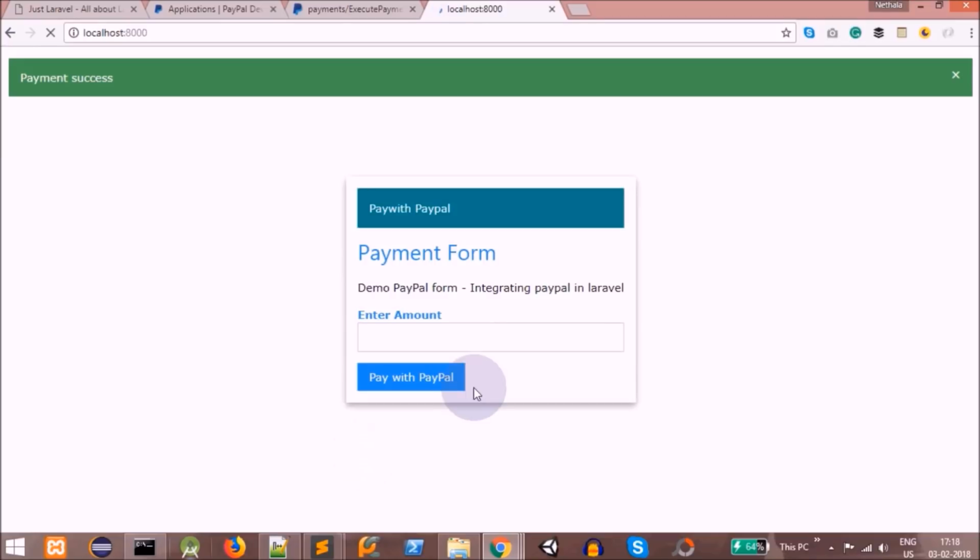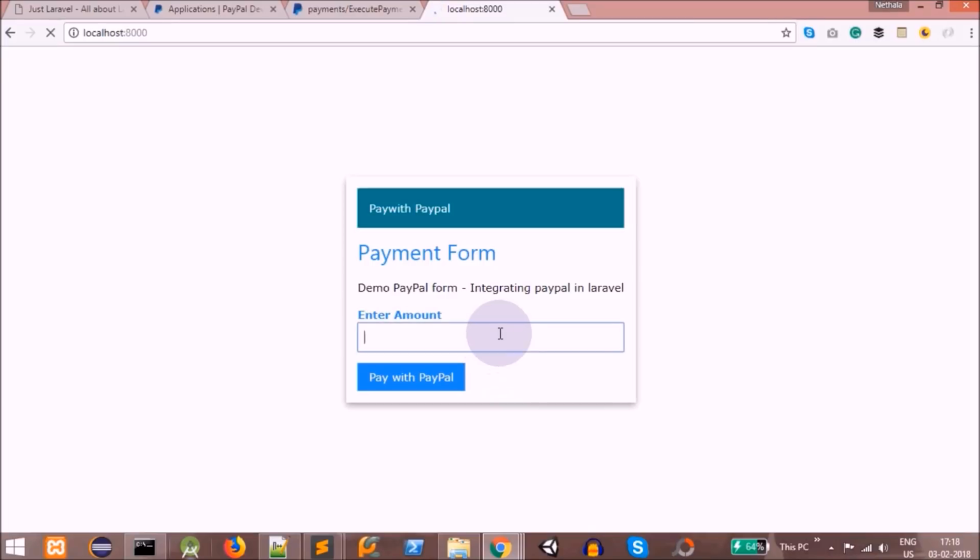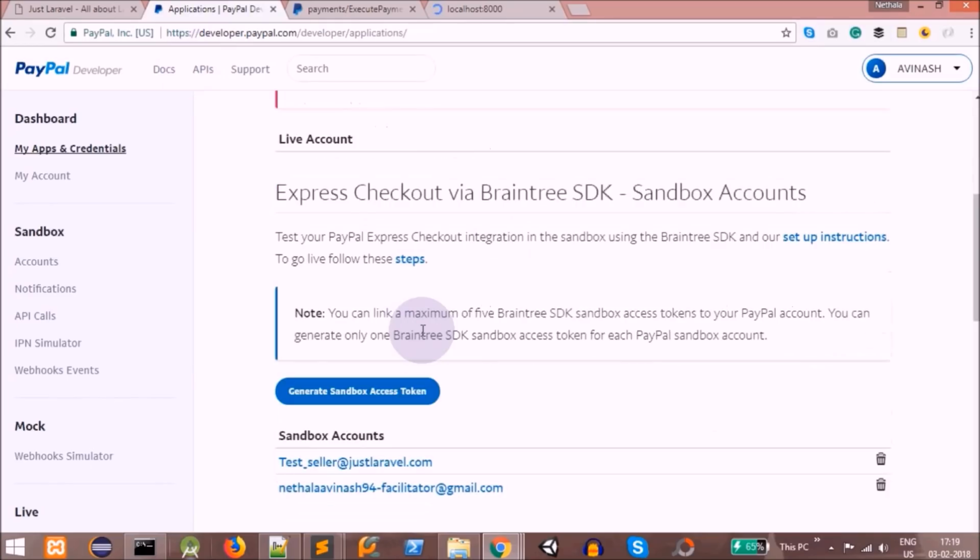You can see payment success, and this is the thing we decorated previously with all these classes and all. If you click this, of course, this is how it works. This is how we can do this PayPal integration. So similarly here in this application, as I said,